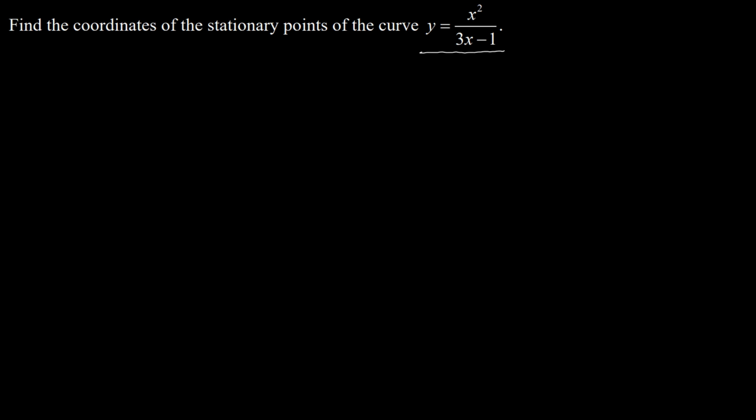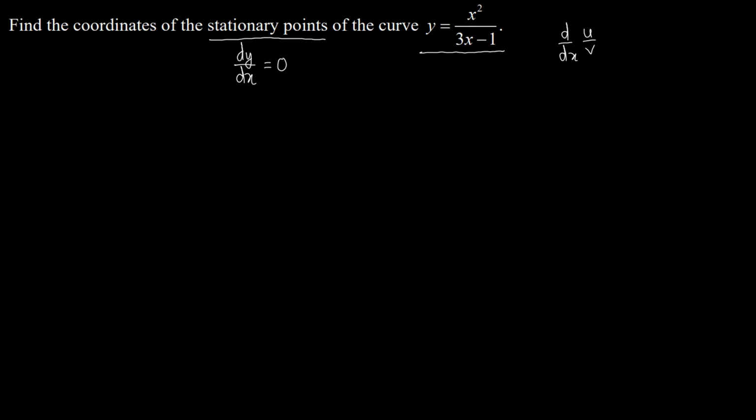So we need to apply here the quotient rule. And for the stationary point, what we need to do? We need to first differentiate the expression, then consider that equal to 0 to get the value of x of the stationary point. So we need to apply the quotient rule here, because d by dx of u by v, let me write the quotient